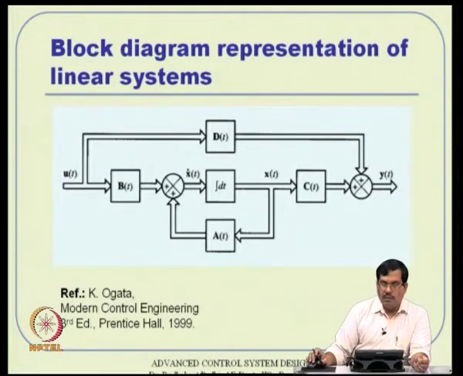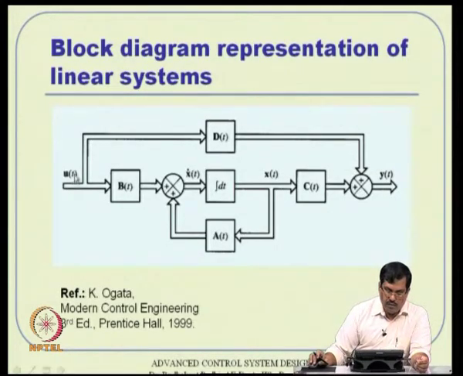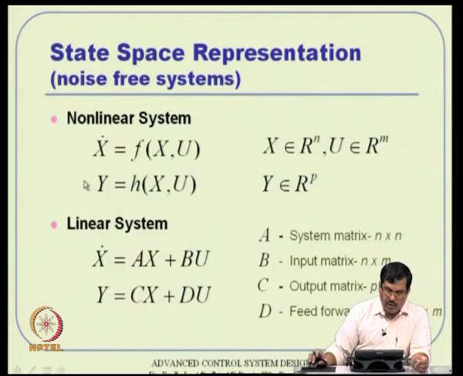Now, how do you represent it in a block diagram representation? It is something like this. Suppose you take this u. Sometimes in some textbooks you will see bold letters, where a bold letter means a vector and a non bold letter means a scalar. So, this is like u of t. Remember, we are representing this linear system here. We are trying to replicate these two equations, x dot equal to Ax plus Bu and y equal to Cx plus Du.